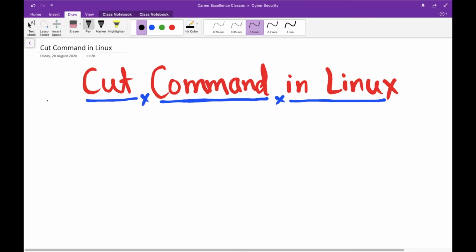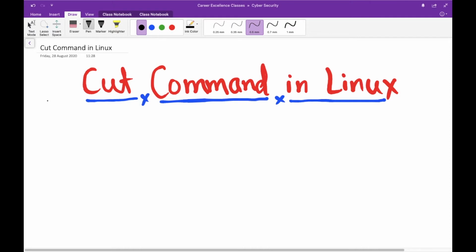So if you have been following my lectures, you might know that we have been discussing Linux commands for a long time. It is a very necessary skill for ethical hackers and cybersecurity experts. If you want to start your career in cybersecurity or ethical hacking, it is a must for you to learn these commands, or learn the basics of Linux, right? We are also covering Python side by side, and in future we are going to cover other programming languages like JavaScript and PHP. So knowledge of the web is also required, right? Now, let's start with the cut command in Linux and learn what it is.